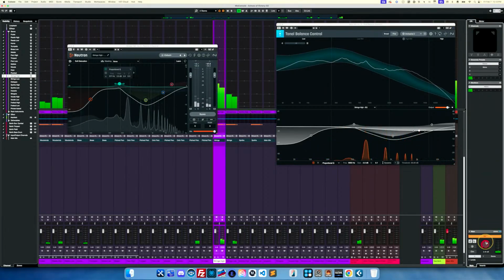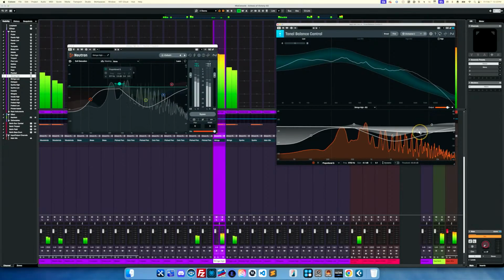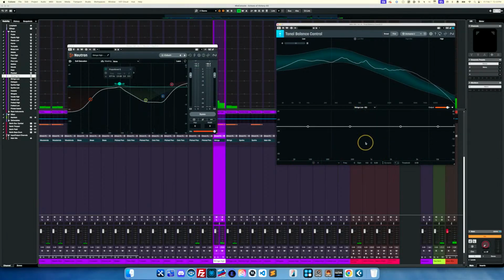Bring down my volume again so it doesn't drive you all crazy. And as I do this, I'm basically trying to make changes in my strings to bring these down. Now, that may not be the only place that it's coming from. I feel like if I'm doing that dramatic of an EQ shift, it may not be all in my strings high. So I may look in my strings low because it may be in